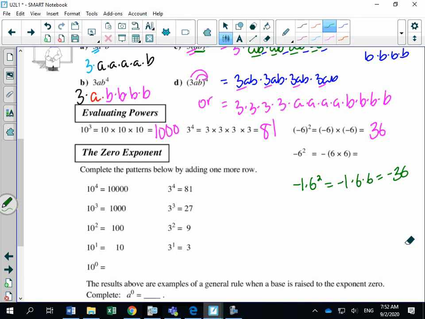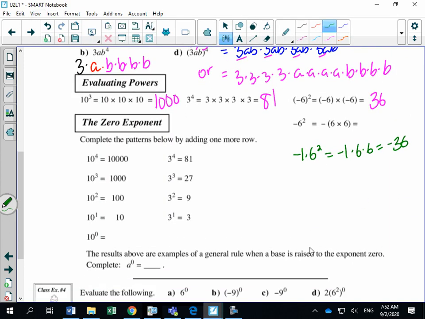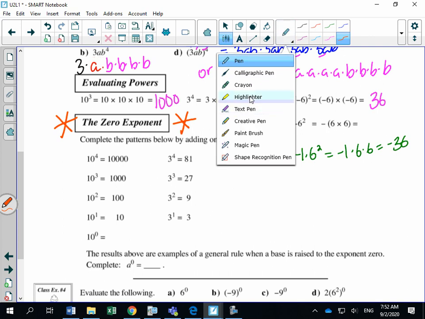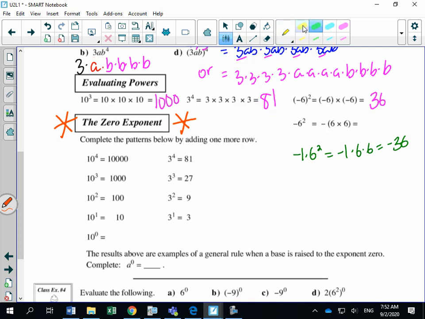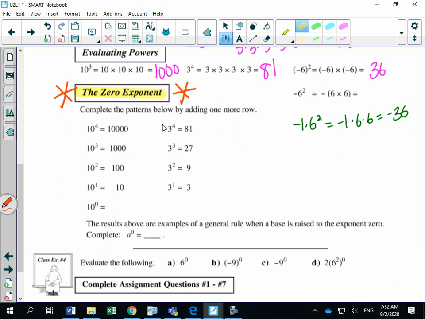Okay? The zero exponent. So let's star this. I can't remember if in grade 9 you do the zero exponent, but the zero exponent is going to be huge in high school. Okay, basically,